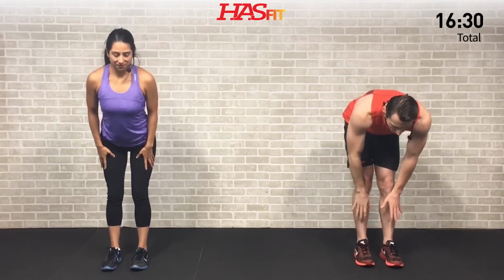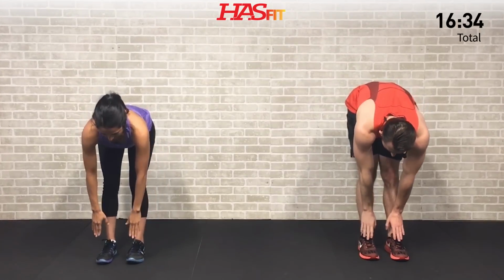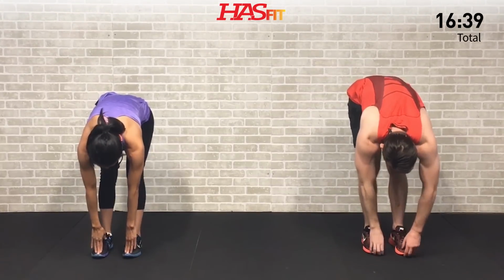Okay, we're going to do a reach to our toes next. Go ahead and loosen up that posterior chain. So we're just literally going to bend over, taking a slight bend in your knees to start. Hips go back. I want you to bend over and reach down. Now, you might only be able to get to here, and that's okay. I want you to get down as far as you can, working your way down, and we're going to stretch